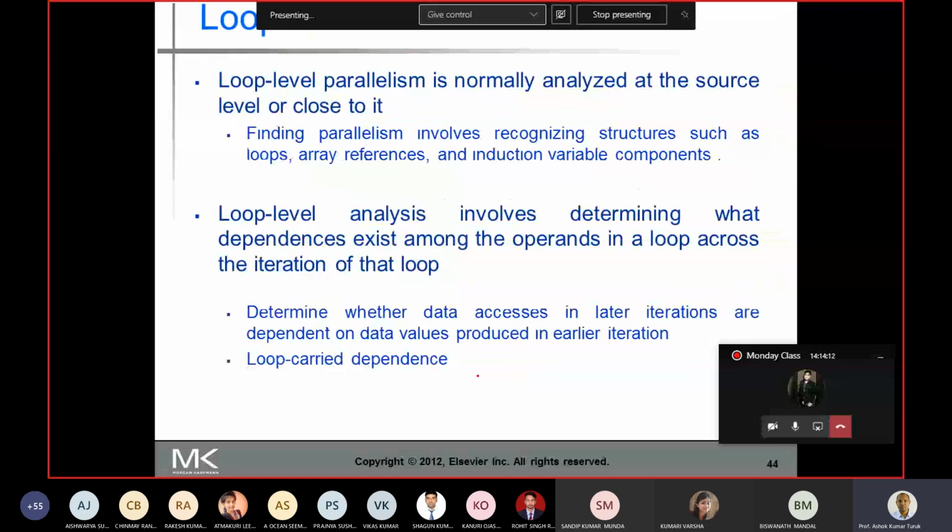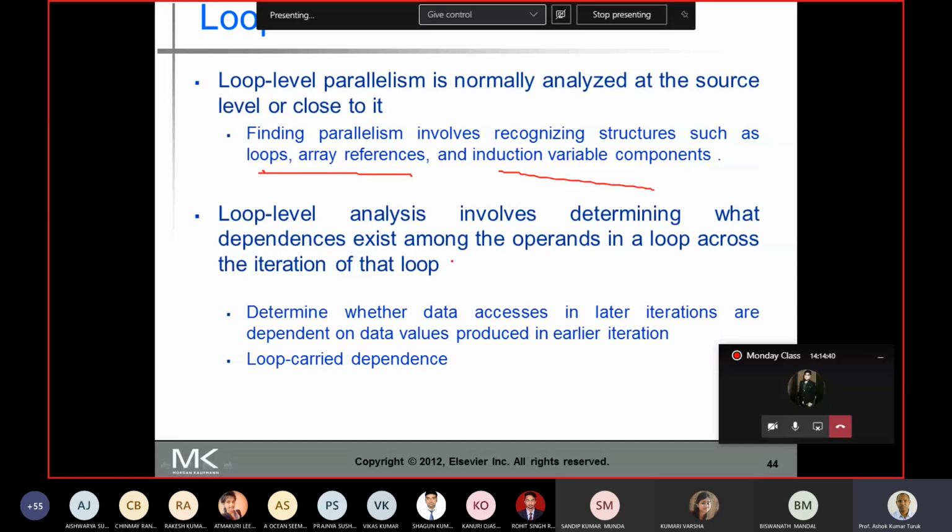We are exploiting loop level parallelism, and loop level parallelism is normally analyzed at the source level, or very close to it. Finding parallelism involves recognizing structures such as loops, array references, and induction variables.